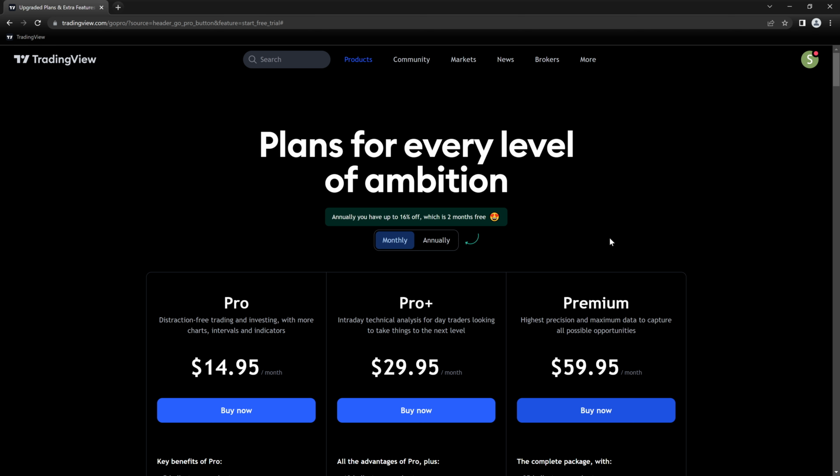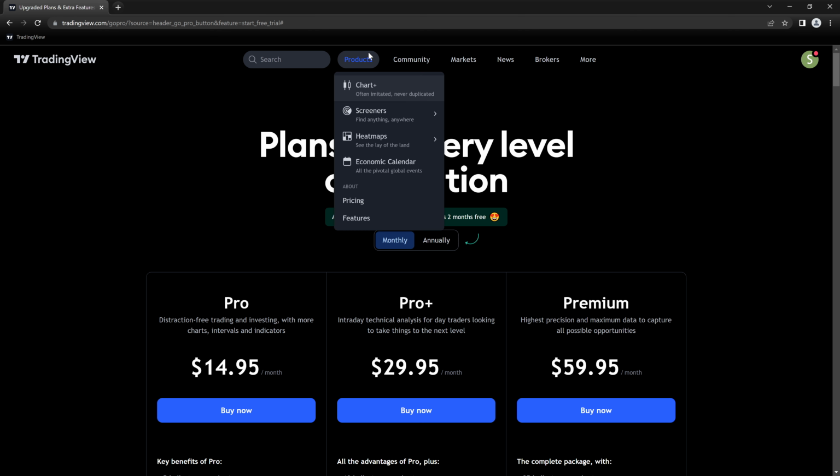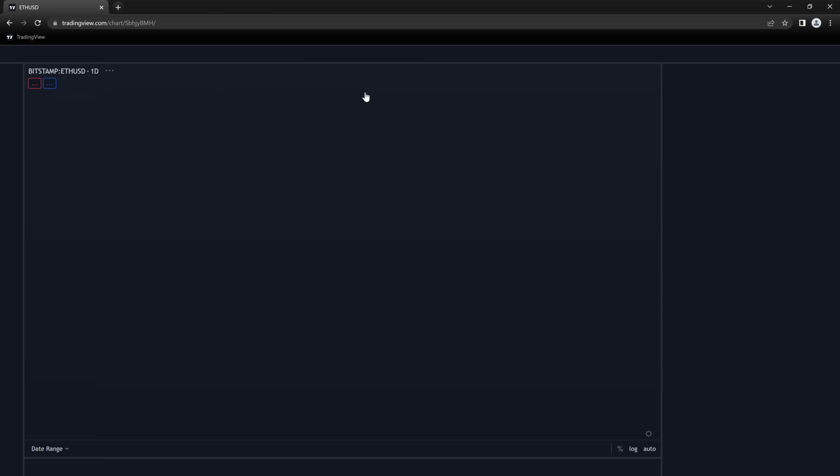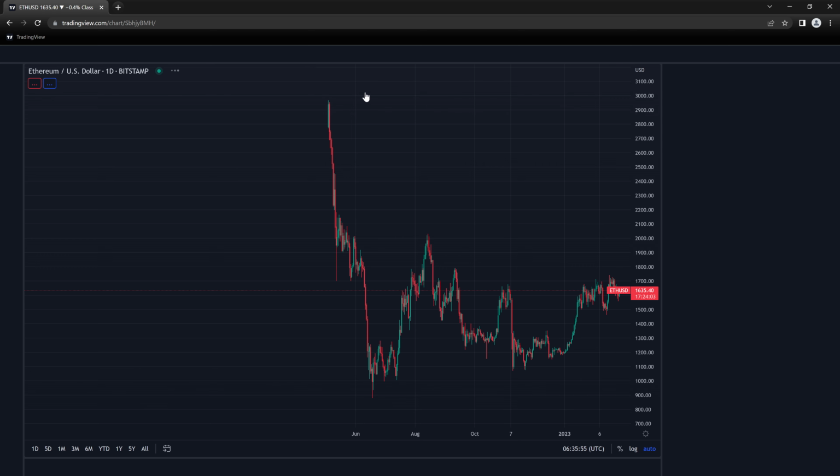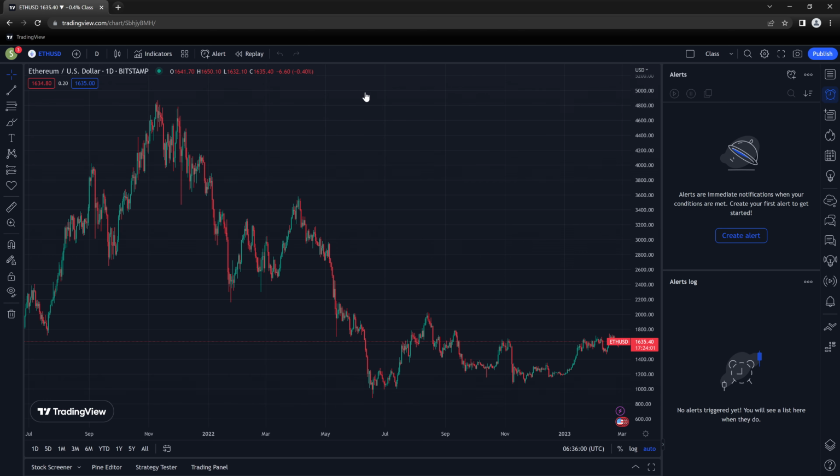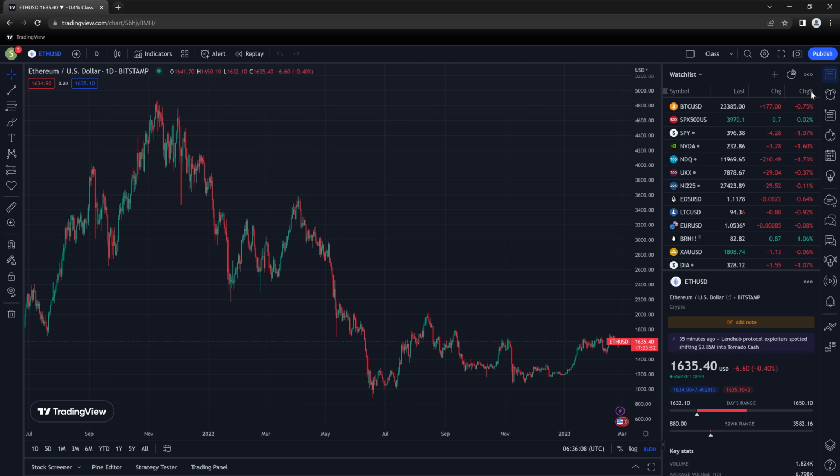Now let's access Pine script editor. In order to access Pine script editor, click on Products and then Charts menu option. This way you will get to the full chart view screen where Pine script editor is. Now let's take a look at the features on this screen. I will explain the main features of this screen so you can easily navigate and understand some important features on this screen. On the right side, you can see the